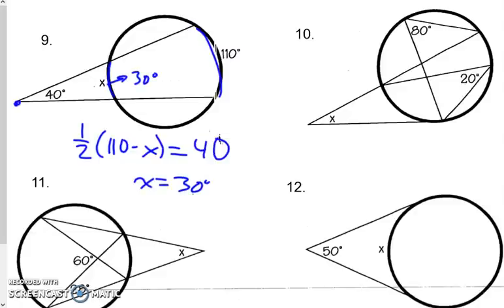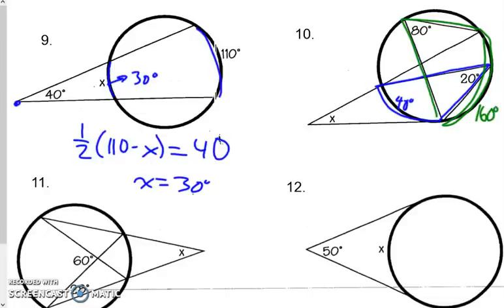Okay? Our pictures are obviously going to get more complicated as we go through this. So just start kind of like we did when we did our angle problems originally at the very beginning of the year. Fill in information that you know is true and see where it leads you. So if that's 20 degrees, that arc there must be 40 degrees. If this angle is 80 degrees, this arc must be